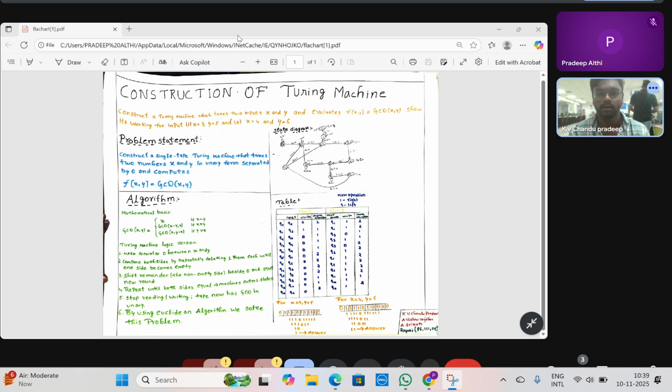which was taking x and y and calculating the GCD